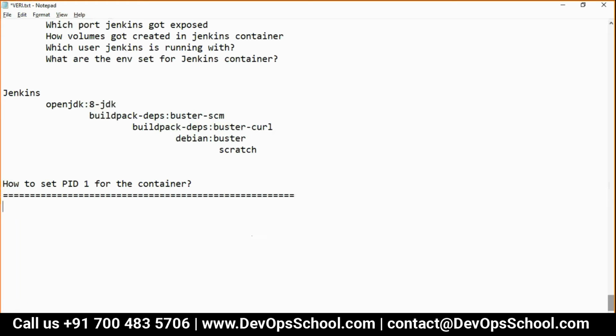Again guys, please focus. This is the most important question. This is where many people get stuck. So here you have CMD and ENTRYPOINT. This is the way you can set the PID 1.